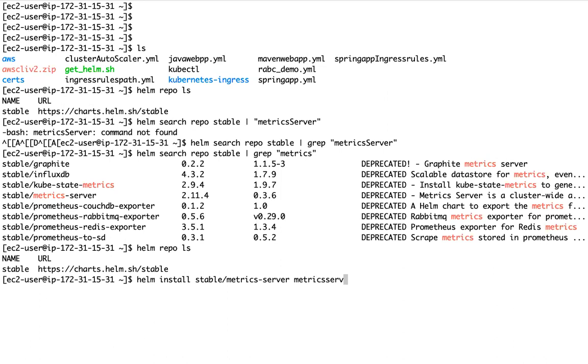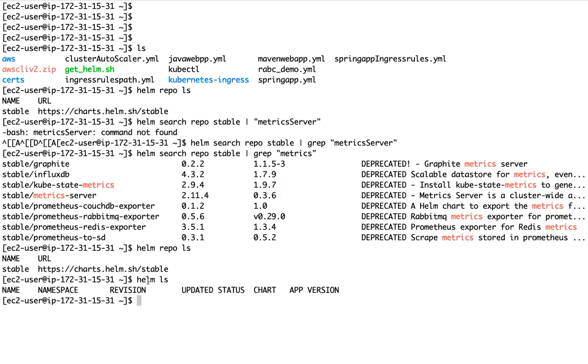Before installing, let me show you, did I install any application using Helm as of now? Do you see anything? helm ls will list the applications which are deployed in the Kubernetes cluster. Helm is using internally this kubeconfig file.